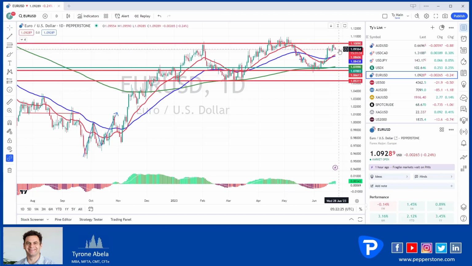If we see sustained weakness and we see a break of that 109 level, then we could look at shorting it down to the 108, which is probably the first target, which is a 20 moving average. But a break of that 108 would see it probably start to test these levels again at around the 107.20 to 107.50. I think the euro produces some pretty good opportunities to trade when it does actually start trading technically,